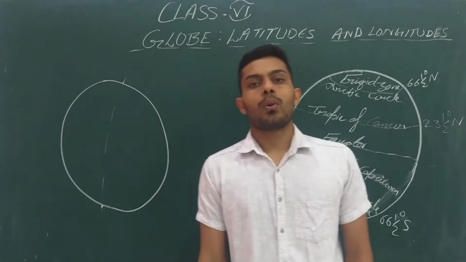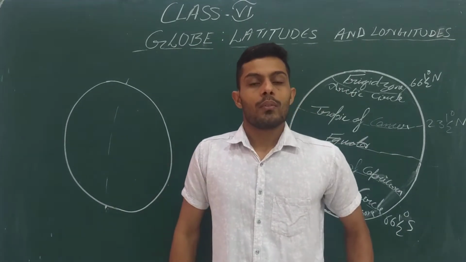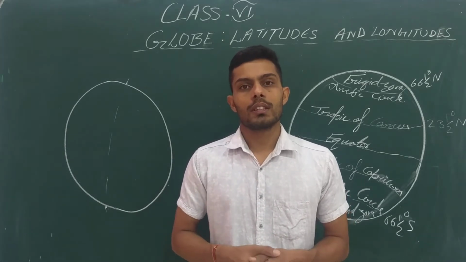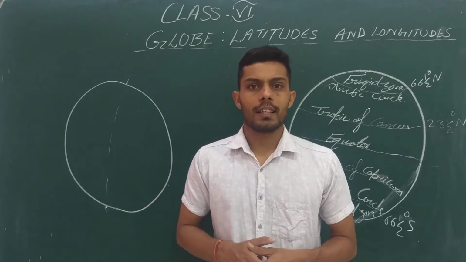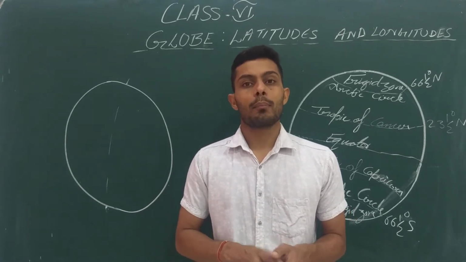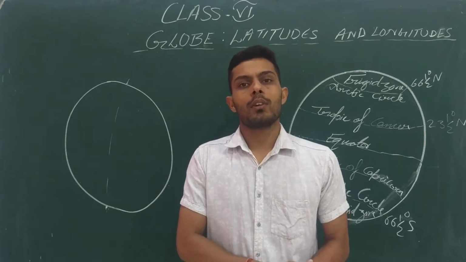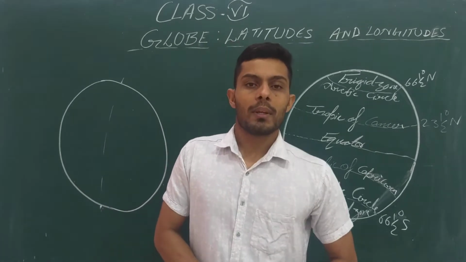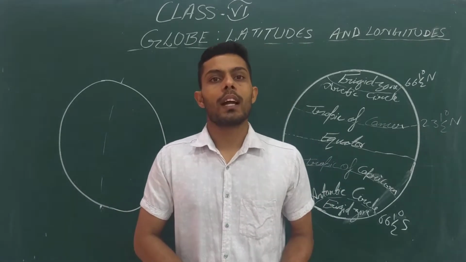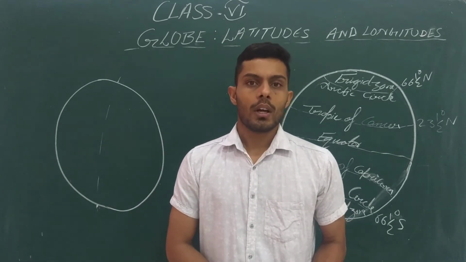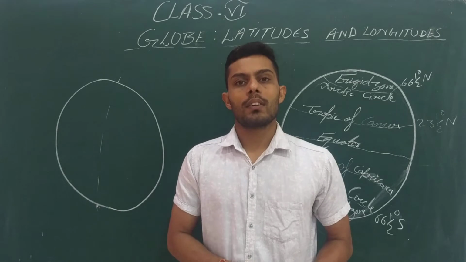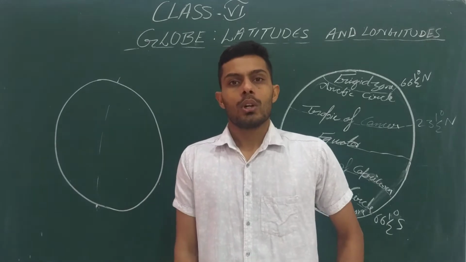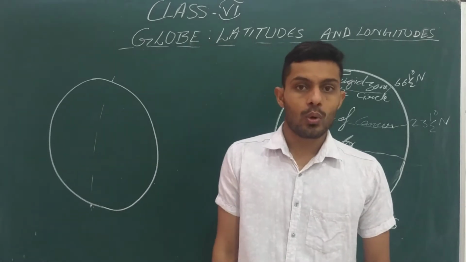So for what purposes are we using the globe? Look, we use the globe to show all our continents, oceans, countries and states all around the world in their proper shape and proper distances. So the globe is used to study about the whole world. If we want to locate any point on the earth, we can use this globe. With the help of the globe, we can know where a country or a continent is lying.